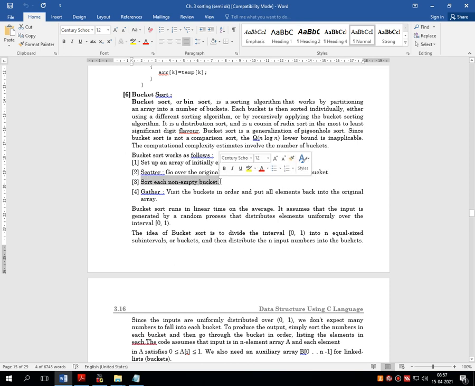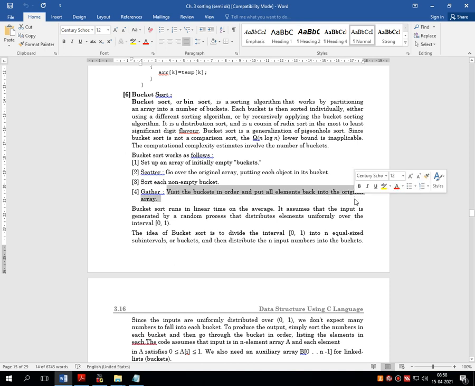That means once the relevant numbers are put into the buckets, sort each bucket one by one. And step number 4 is gather. Visit the buckets in order and put all elements back into the original array.